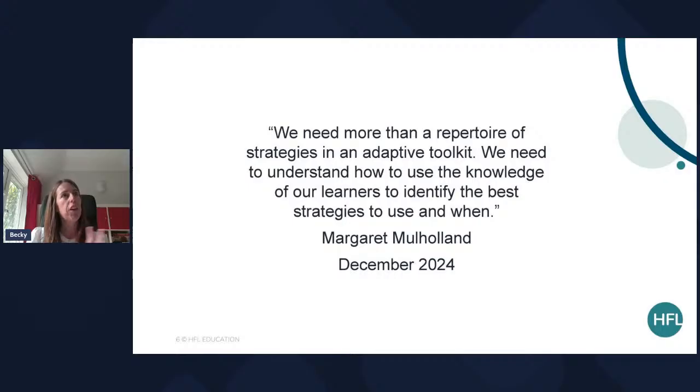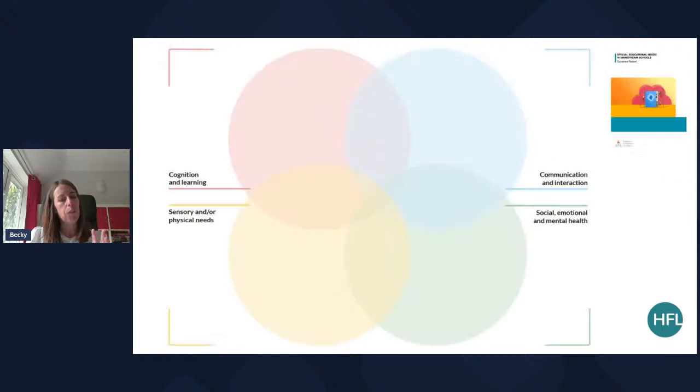So I'm just going to provide you on the next few slides some useful little activities that we focus on within our training within schools, and some resources that may be useful. If we start off here, this is actually from the Education Endowment Foundation, and their SEND in Mainstream Schools guidance.